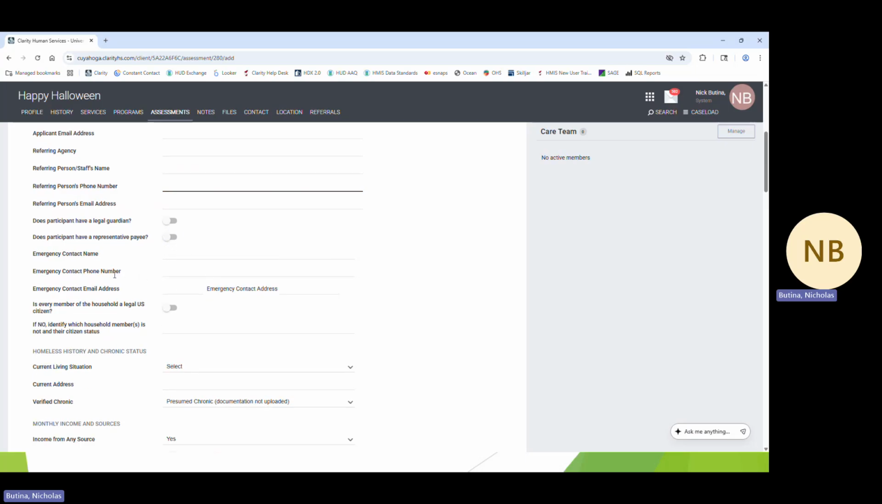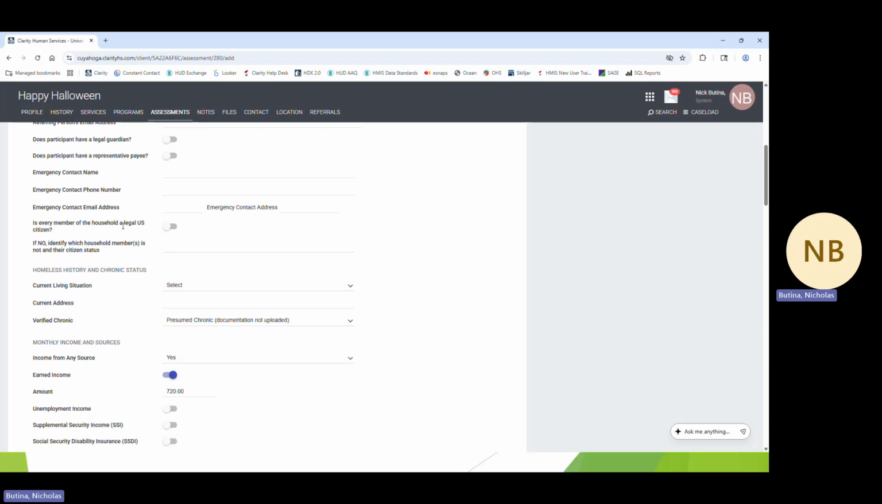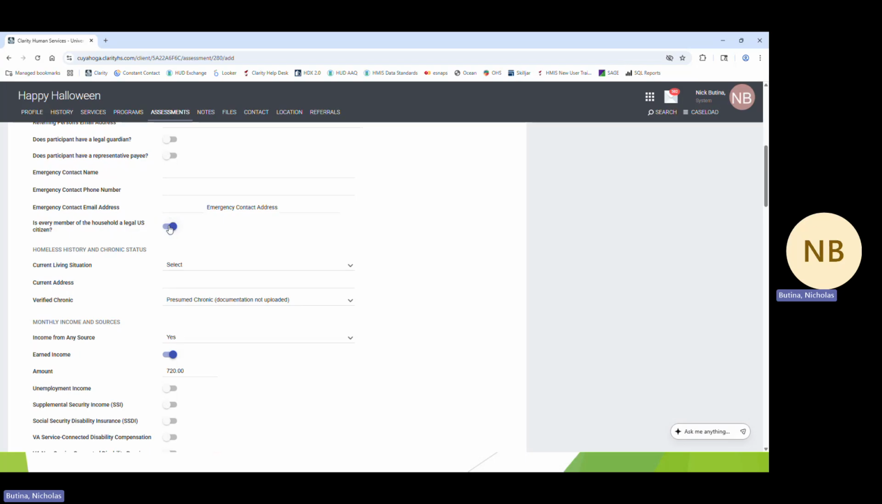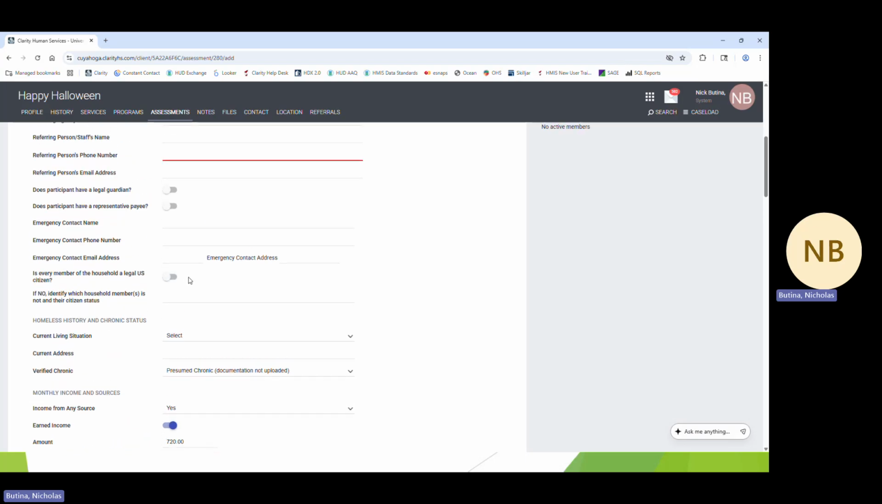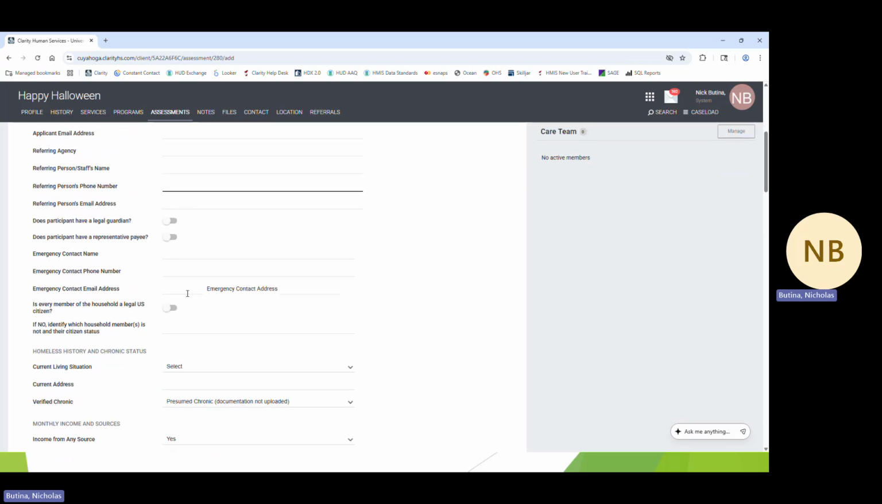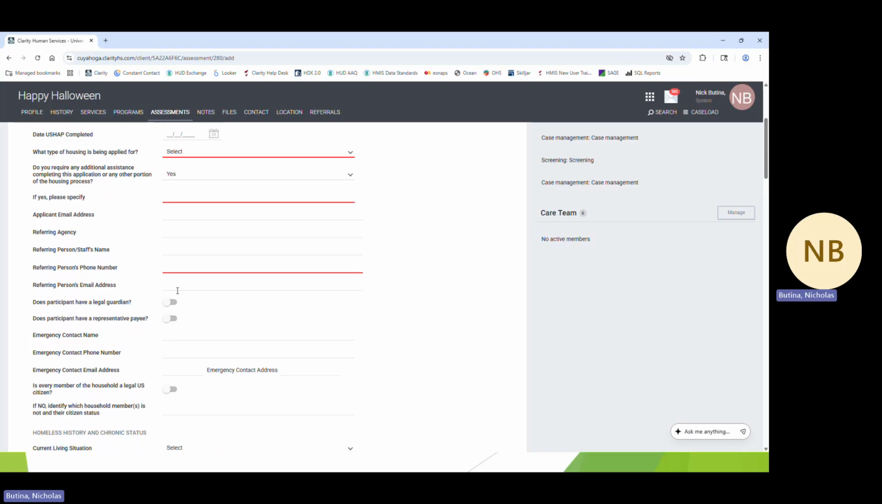Their emergency contact information, and is every member of the household a legal citizen? If the answer is no, if this is turned off, we'll have that additional question to identify who is not and what their citizen status is. But if you turn it on, that question will go away. As we'll see throughout the rest of the training, there's a lot of questions that are what's called conditional. This means that if they're answered a certain way, we might get additional questions, or we might remove some questions